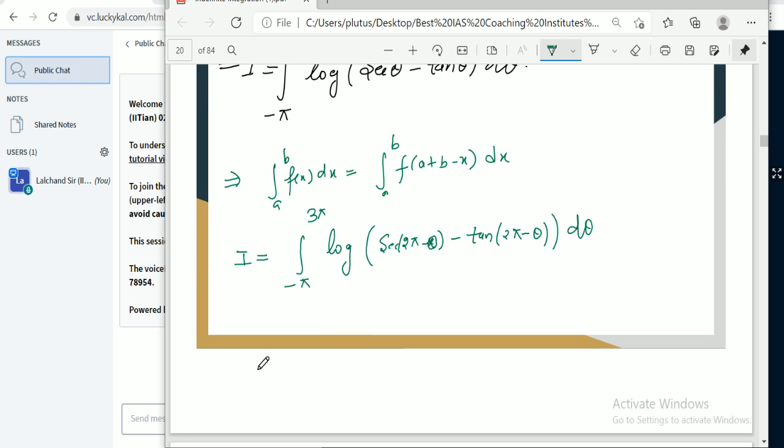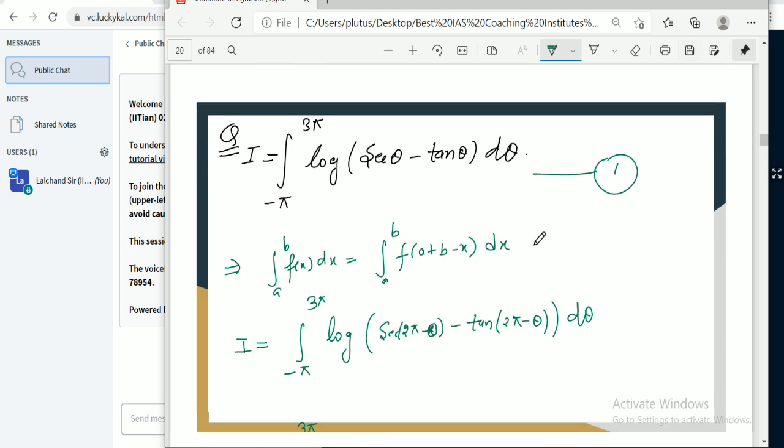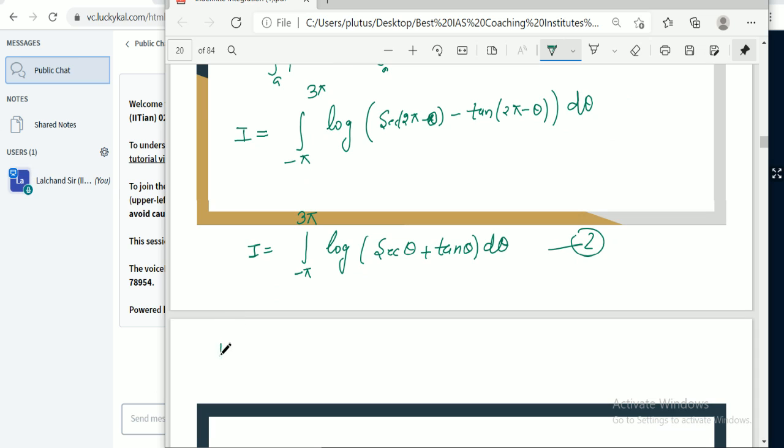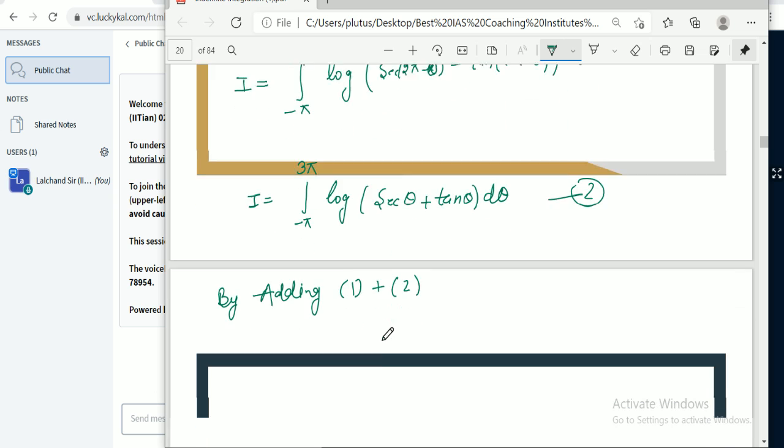If we simplify this, then I is equal to integral from minus pi to 3 pi of log of sec theta, and minus minus again becomes plus, that is plus tan theta. This is equation 2 and the original equation is equation 1. So if we add equation 1 and equation 2, we have finally